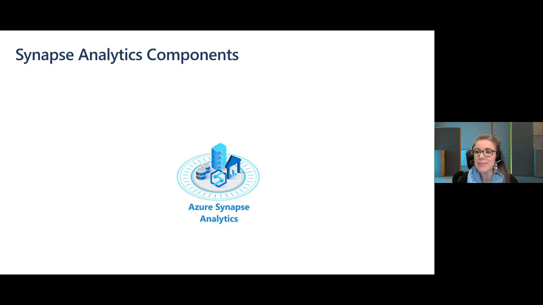So Azure Synapse Analytics is an integrated data analytics platform. It combines data warehousing, big data analytics, data integration, and visualization into a single environment. It empowers users of all abilities to gain access and quick insights across all of your data, enabling a whole new level of performance and scale. I like to say that it's a low barrier to entry. Anyone can jump in there, navigate around, and eventually figure out what it is that you need to do with your data. There are quite a few components available inside of Azure Synapse Analytics, and we're going to talk through these one by one.